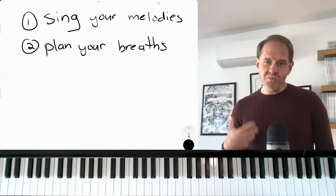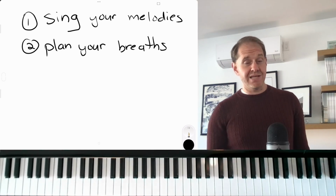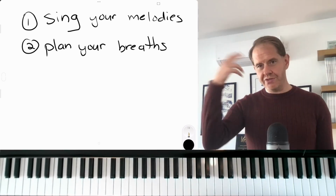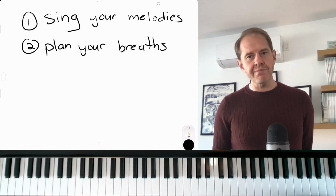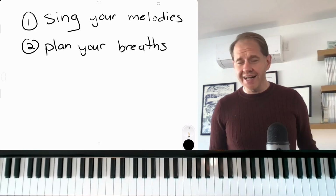I love that because it makes me more conscious of my phrasing too. And same thing if I'm improvising, if I'm planning my breathing, I need to be playing in reasonable phrases or else I'm not going to get those breaths in. You might have noticed that I'm breathing with my nose. I know this is so weird to talk about on a piano channel, but